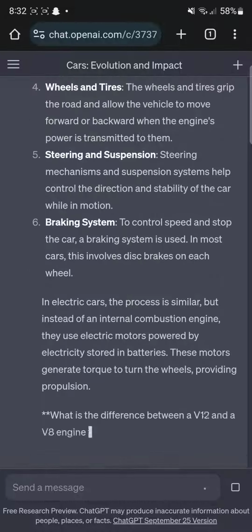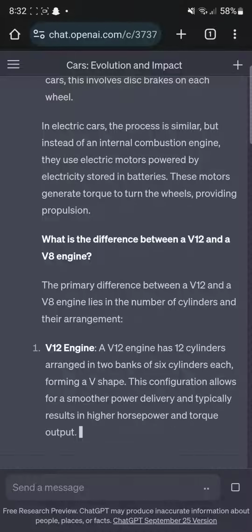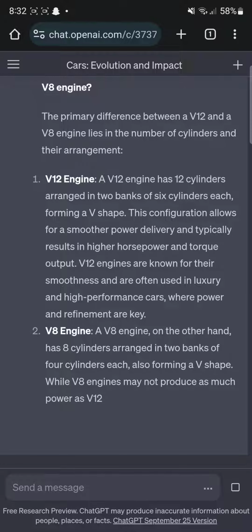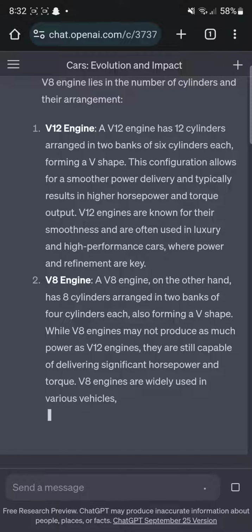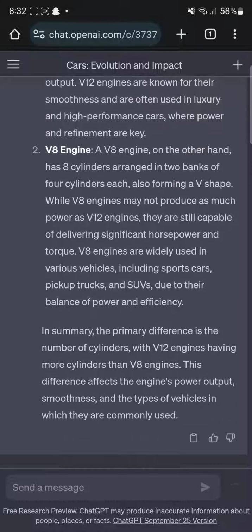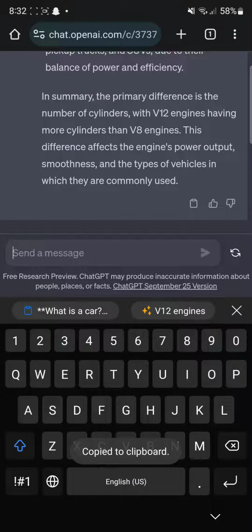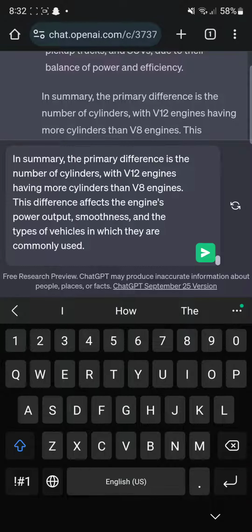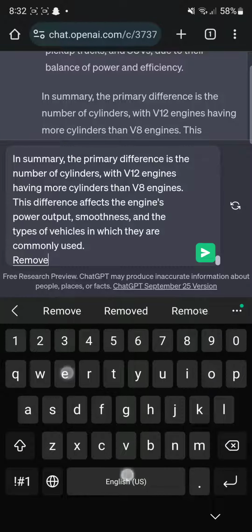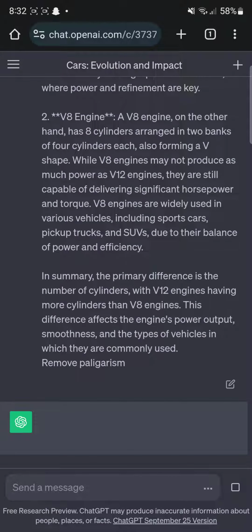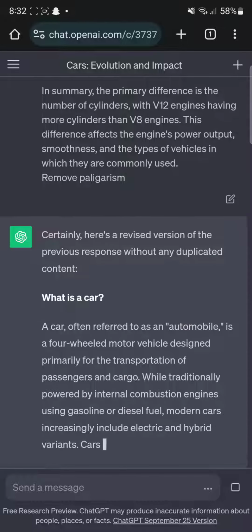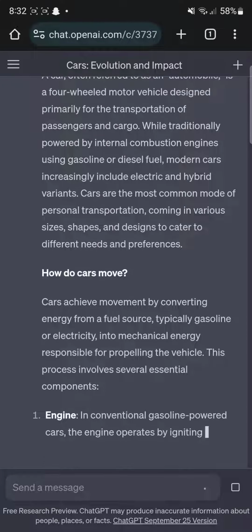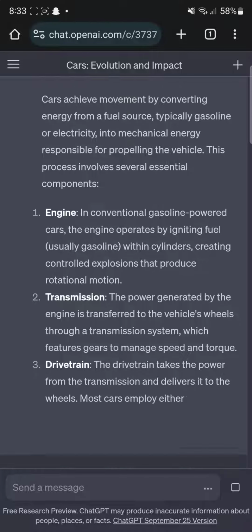Okay, so this is one of the best ways to actually remove plagiarism, or you can just take one of the best ways if you want ChatGPT to write you an essay. But if you want to remove plagiarism, okay, you're going to write what ChatGPT just wrote, and I'm going to write remove plagiarism, okay. And it's going to start doing this, okay? So now this is also going to cut the plagiarism even more, and you're going to have a free